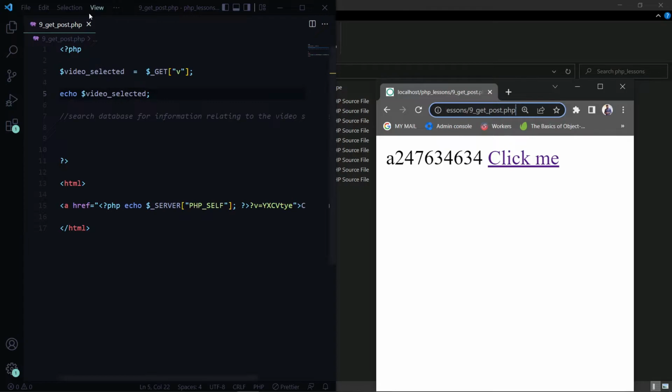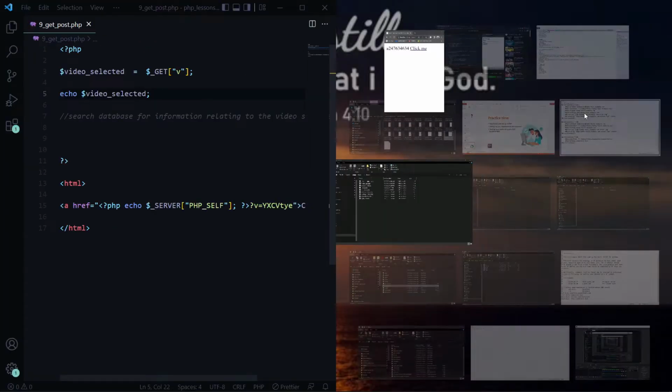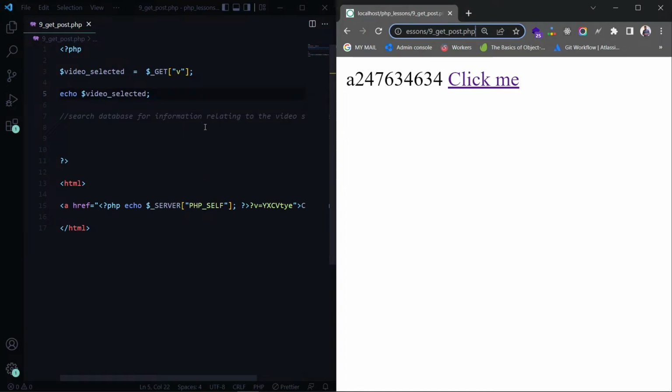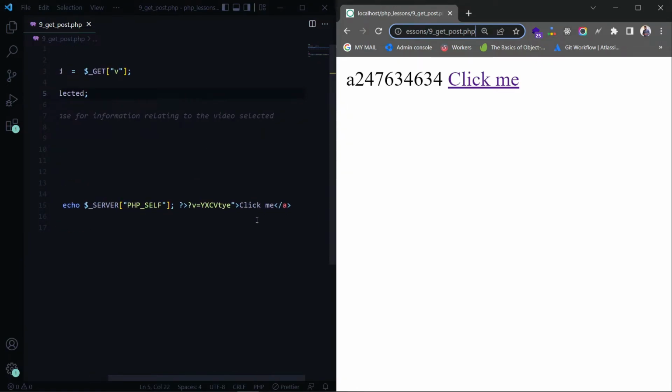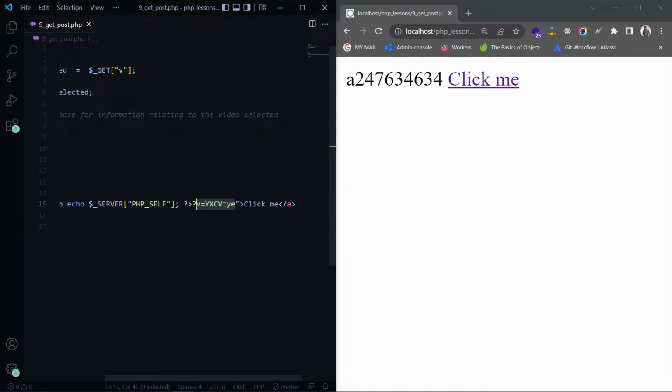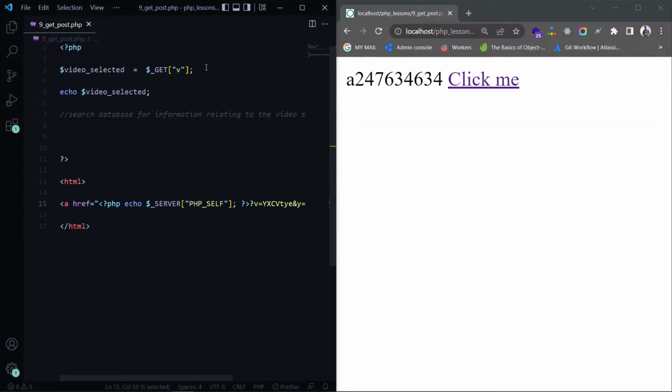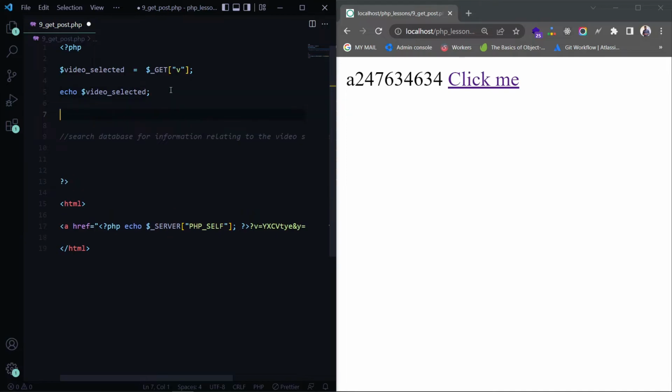Okay, let's do something else. Let me just do this. Okay, so this is what we have here. Now let me just comment this out for a minute. Before I comment this out, the get request doesn't only take one parameter. It can even take another parameter. I'm sure you see this in so many URLs. We say and, maybe we say y is equal to Gilbert. Let's just say this was a video and the y parameter is the name of the channel, Gilbert. So over here too, we can equally echo